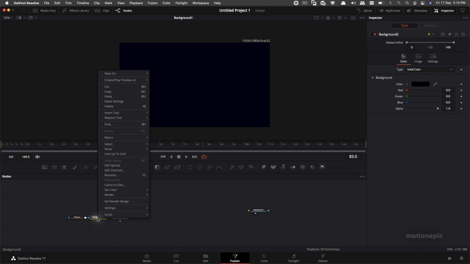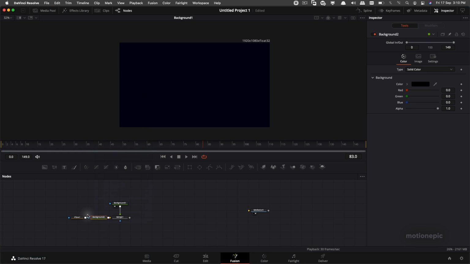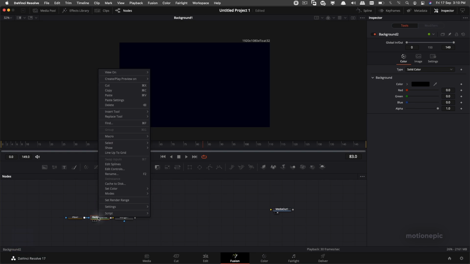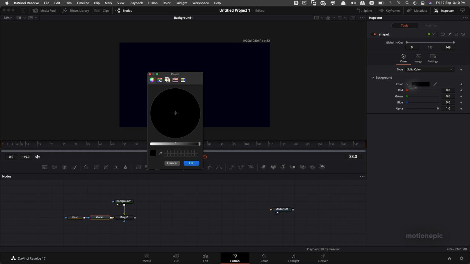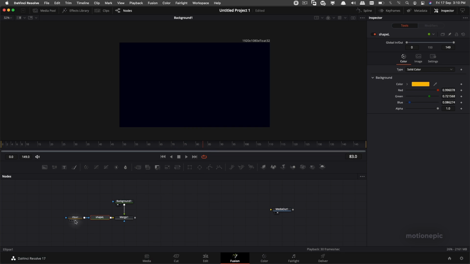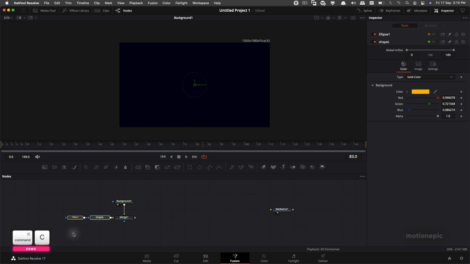I'm just going to rename this node, and let me just zoom in a little bit. Right click on rename, and I'm going to call this shape left. Click on OK. For the color, I'm actually going to make it kind of yellow. Just choose any color that you like. Click on OK. And I'm going to just copy this, paste it below,